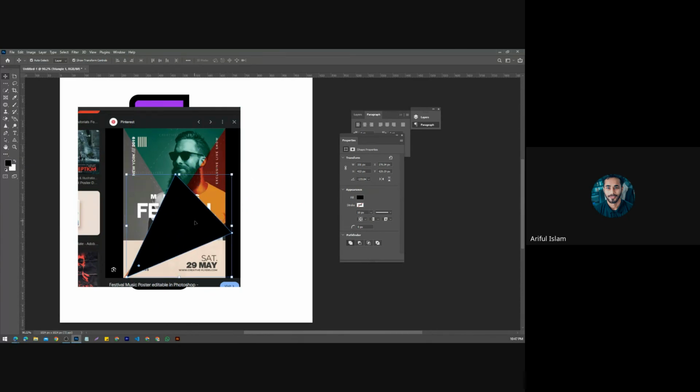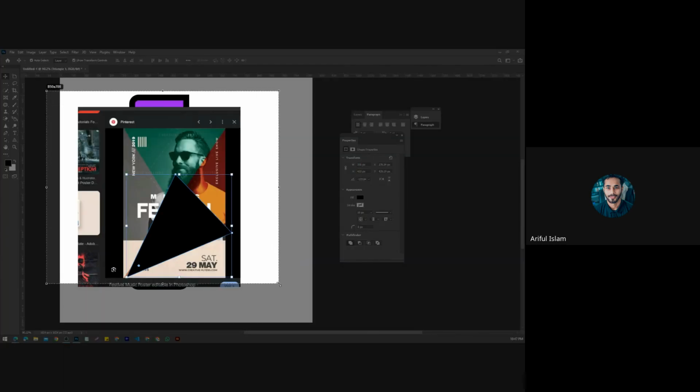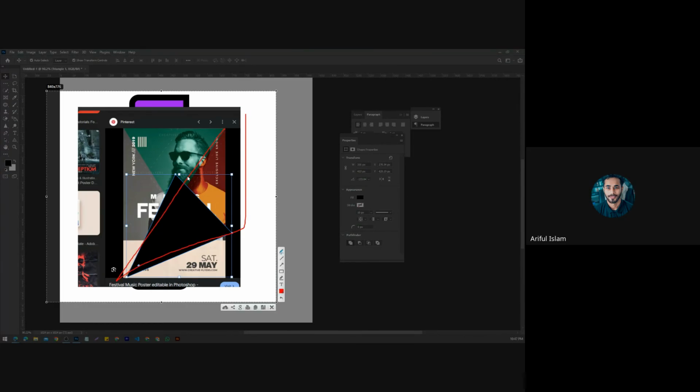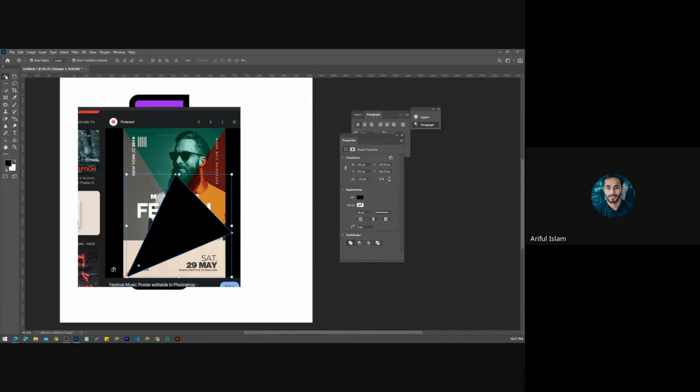Okay, we are almost there. But if we compare with our target shape, our target shape is something like this, right? That means we need to change this point position from this to this. So how can we do this? If you want to change this point position, or modify your shape,